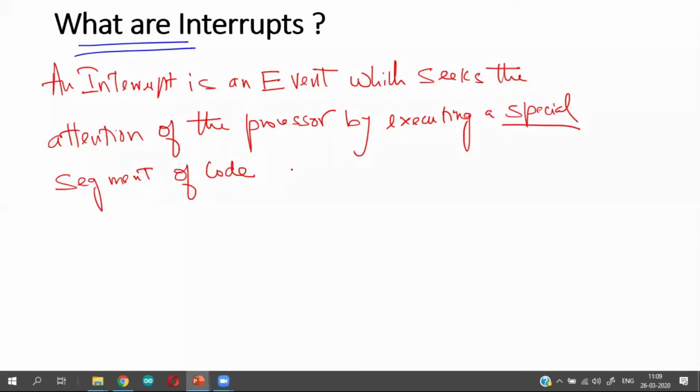This special segment of code, we call it the interrupt service routine or ISR.